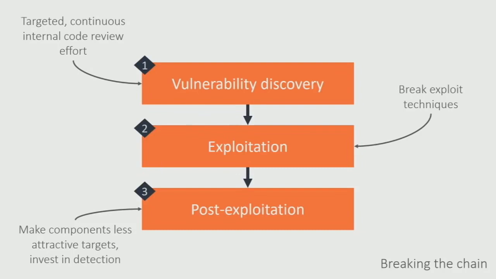How do we want to do that? The best way for us to do that for vulnerabilities is either going to be introducing mitigations that we believe are actually going to kill certain types of vulnerabilities, but that's typically difficult. And instead, what we want to do most likely is stuff like a lot of code review internally, or introducing a bug bounty that pays out $250,000 for a working exploit. The next thing we can do is learn from the exploit techniques that we use, and hopefully introduce some new